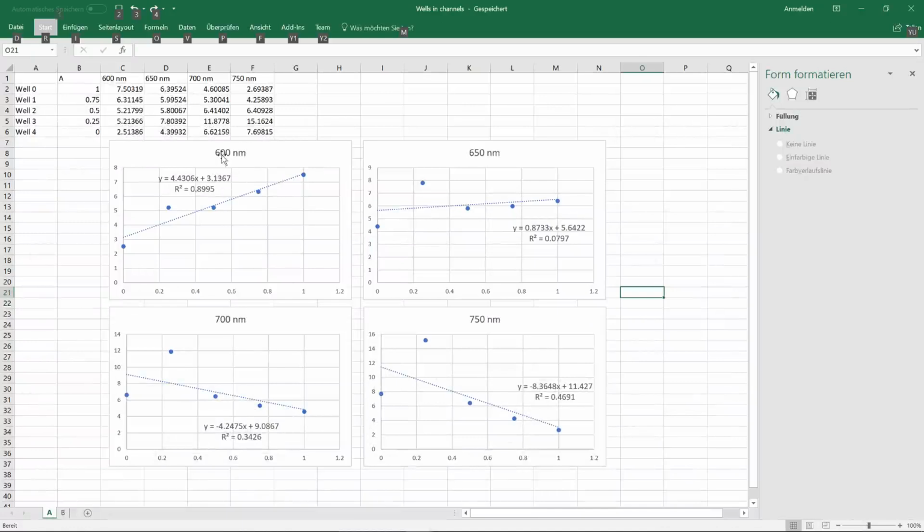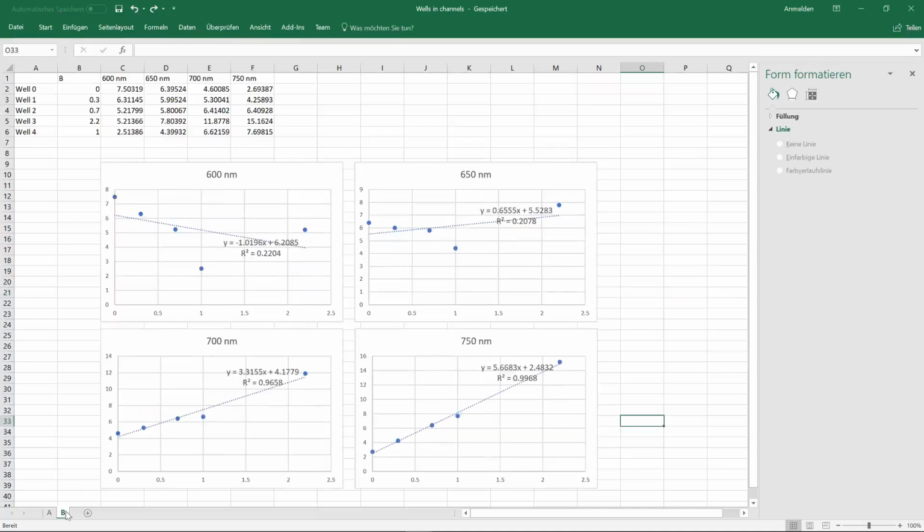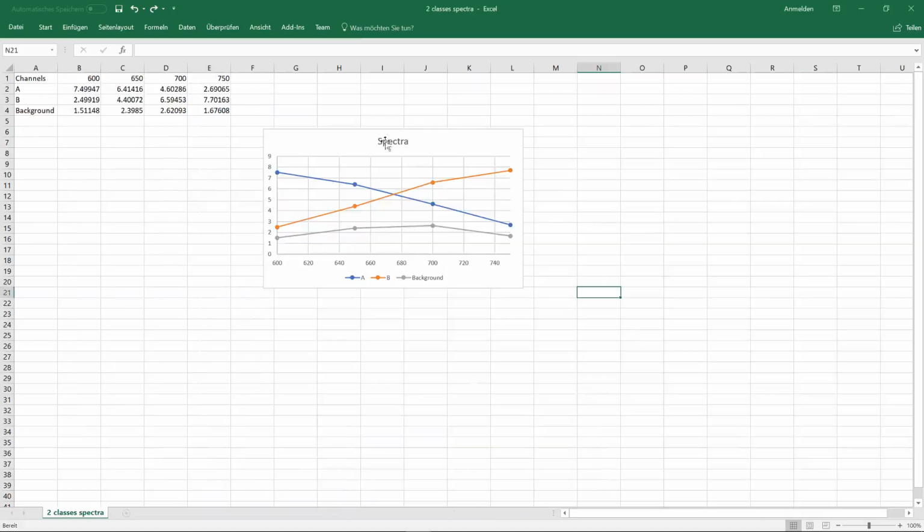of A in the 4 channels, we see that here in the first channel it separates it decently but not well, and in the other channels it's not good at all, and for B it's similar. So here the last channel separates it decently but the other channels don't work well. So if I look back at the spectrum, this explains why no channel is really good to separate them, because there is crosstalk in every of A and B into every channel.